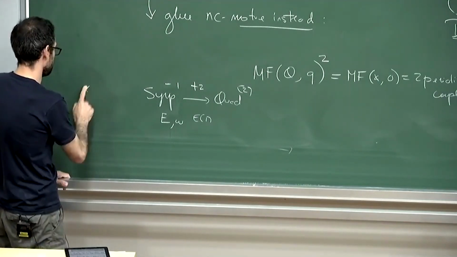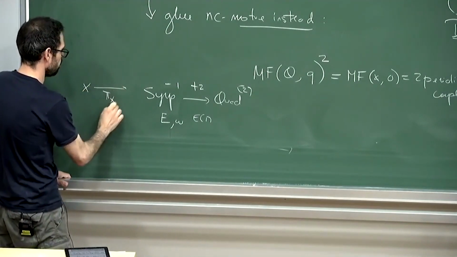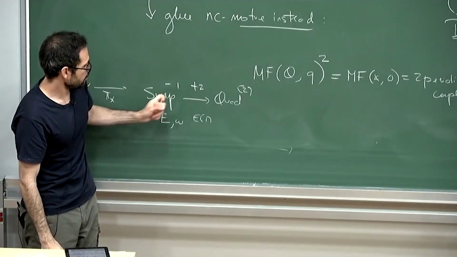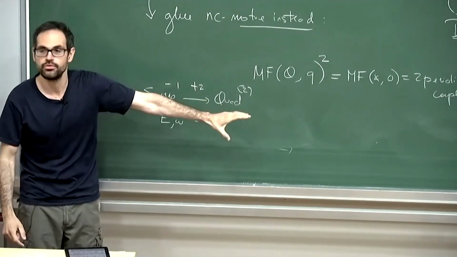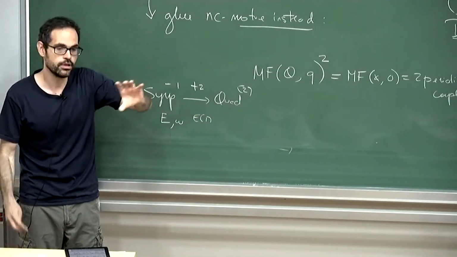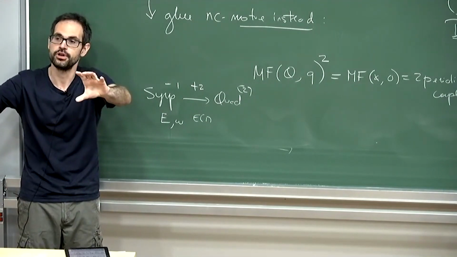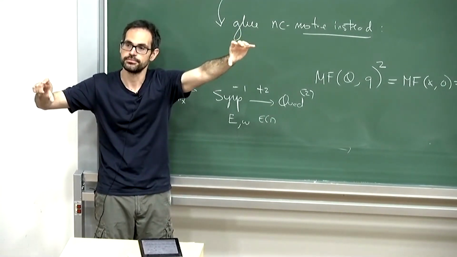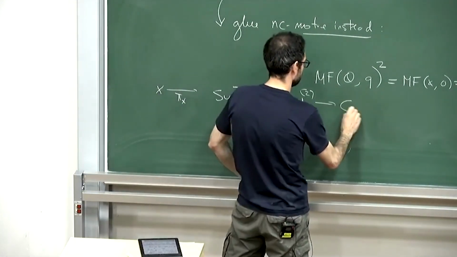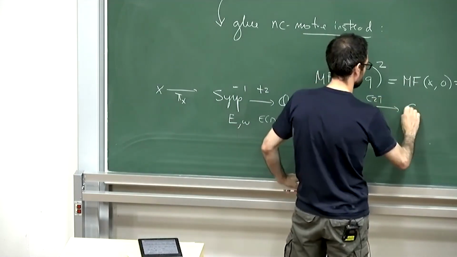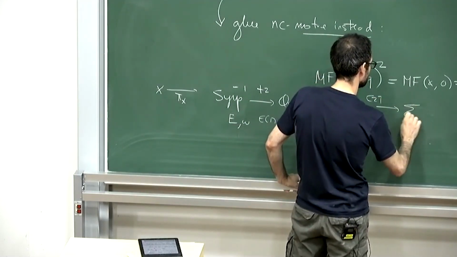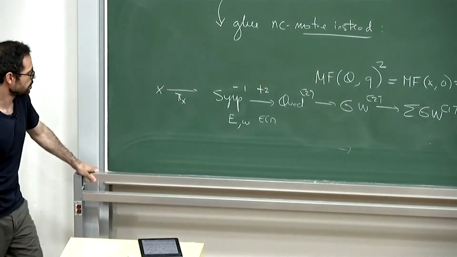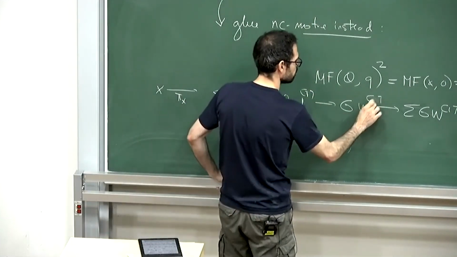So let's say you have a map classifying your symplectic form. Going to -1 shifted, it goes to 2 quadratic. And then you can send this to the Grothendieck-Witt of 2 quadratic. And then you can play with the sequence that tells you that the Grothendieck-Witt of 2 quadratic fits in the sequence where you have K-theory, the hyperbolic map, and quadratic -1. So there is a map to the suspension of Grothendieck-Witt, if I'm not mistaken. Plus 2 is 1, 1, 0.